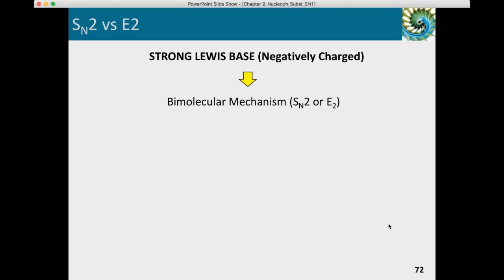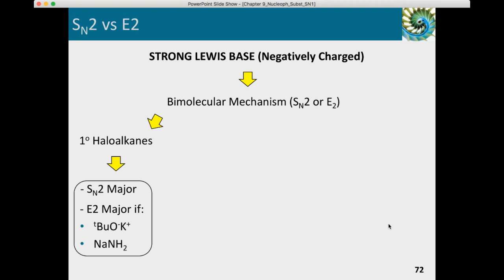Next thing we're going to do is to focus on the nature of the haloalkane. If we have a primary haloalkane with a strong Lewis base, the reaction that most likely is going to happen is an SN2 reaction. Very fast reaction for a primary haloalkane with a strong Lewis base. Only two exceptions for this. If you use as a base potassium tert-butoxide, which is a very bulky base, it's never going to do SN2,